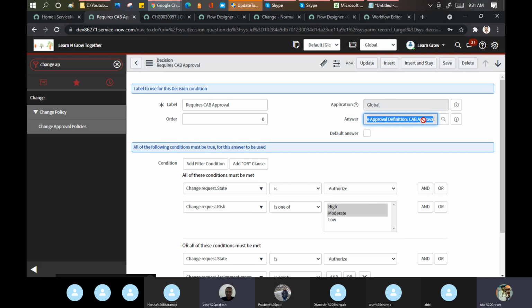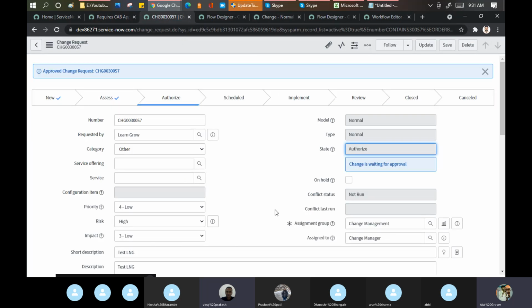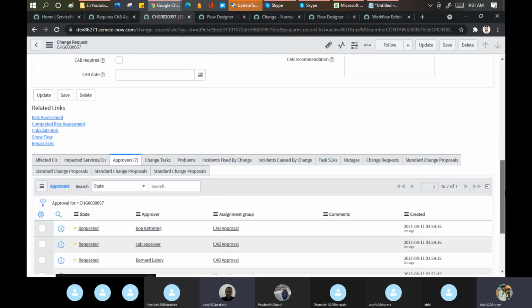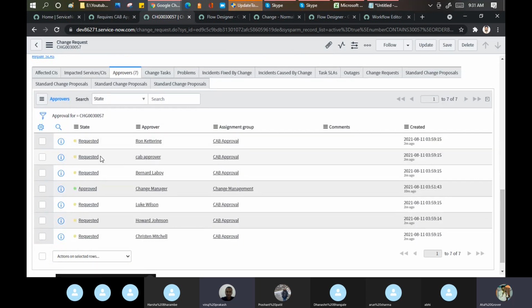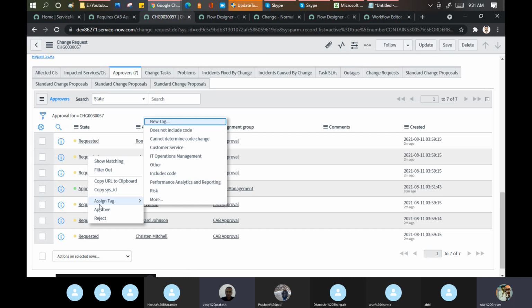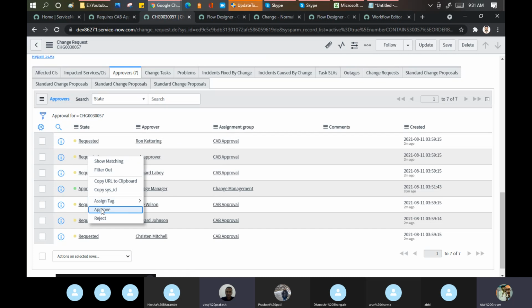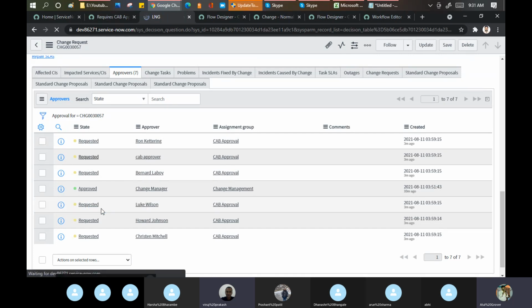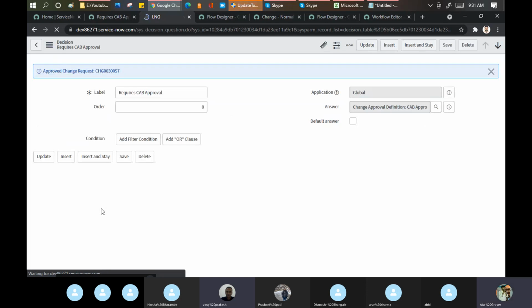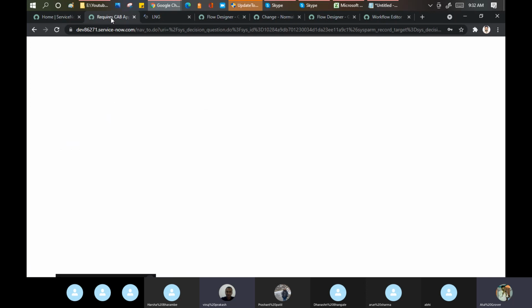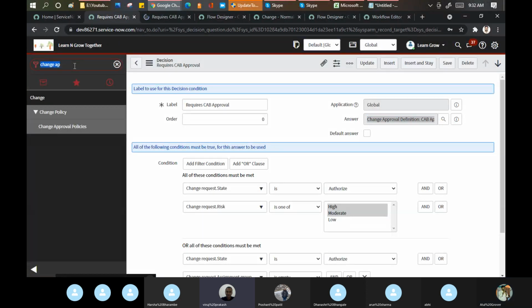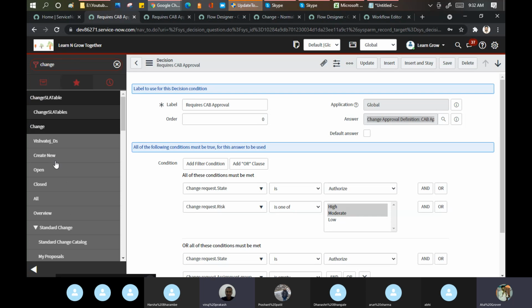This group they defined something in the background, and it is coming to the change here. This one. Now if I approve, I approve, and let me open this change quickly.